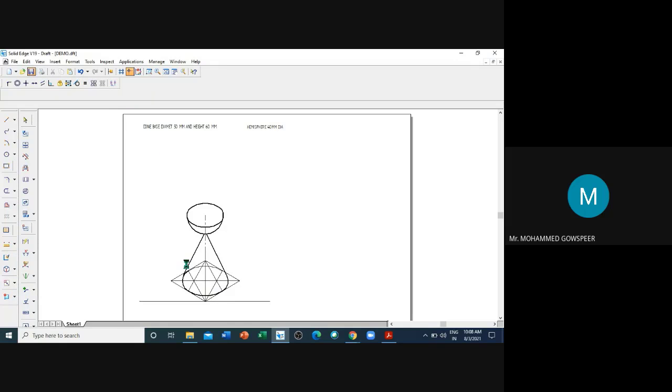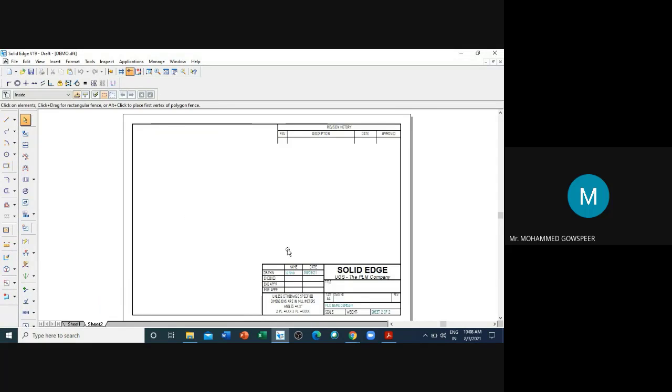Next we'll solve one solids problem. One or two problems I will solve where I can use different commands. Okay. Now I will insert the sheet. Even in the exam, you need not keep this background.